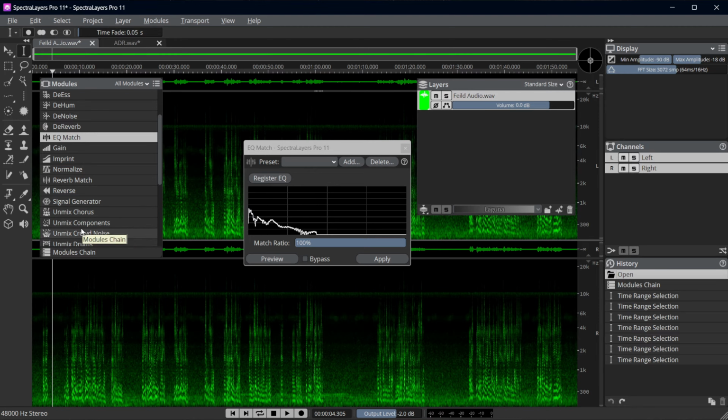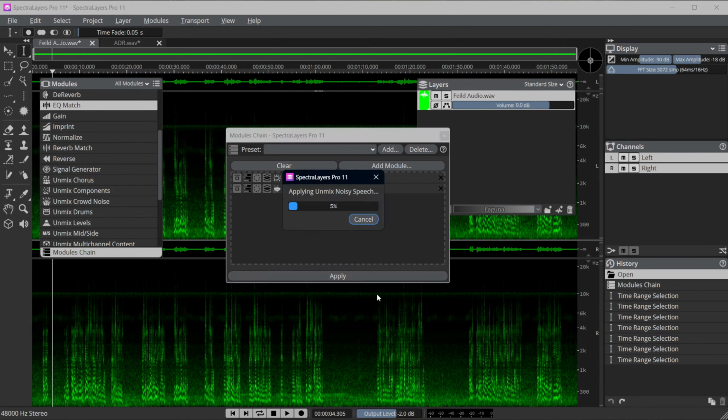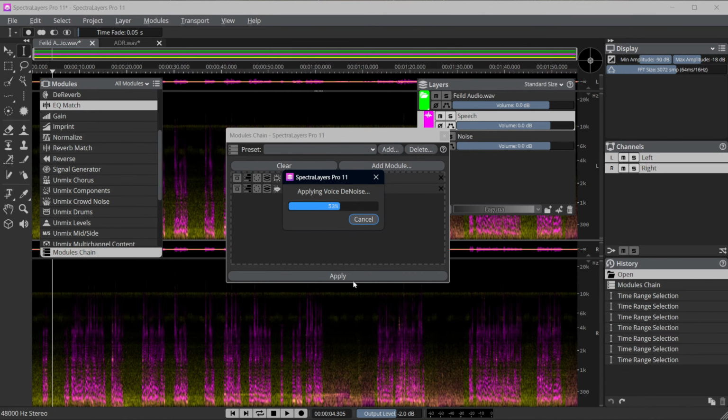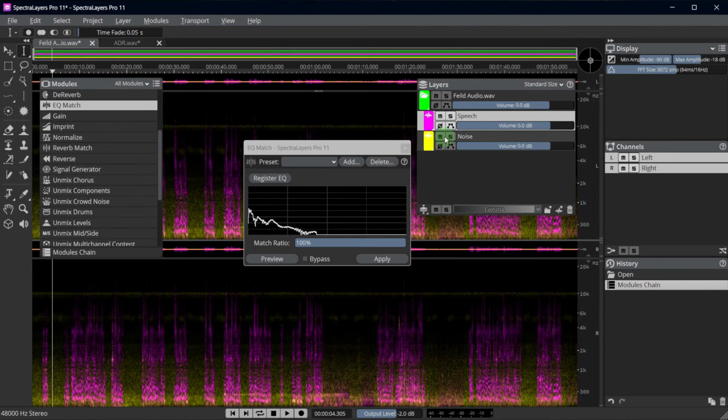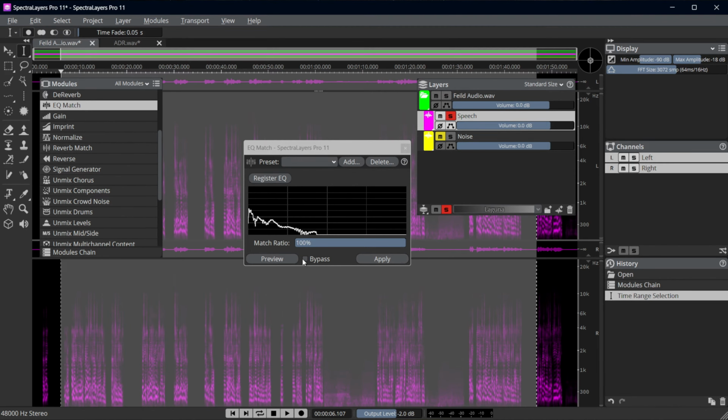I'm going to run the modules chain to get rid of the background noise. Done. I'm going to select the speech layer only and select, let's just select all of it.